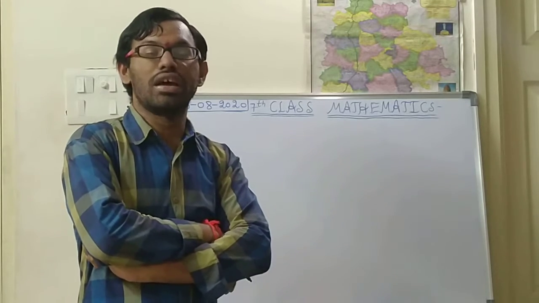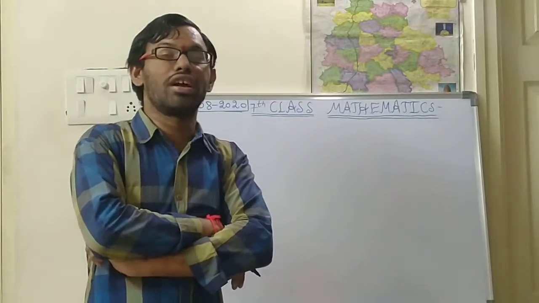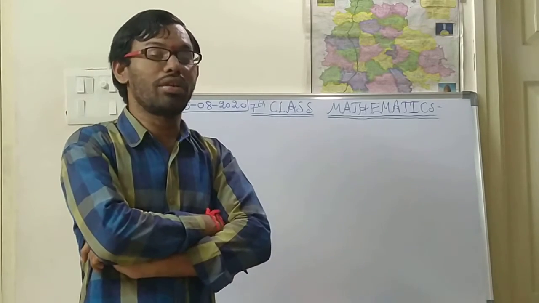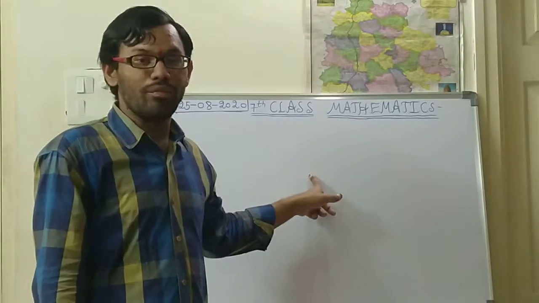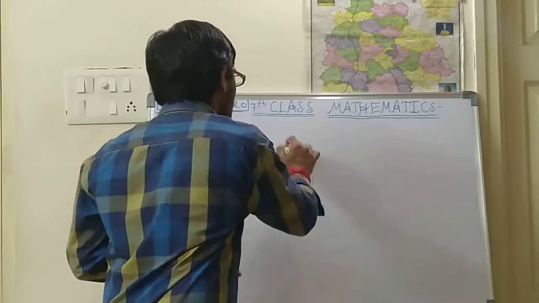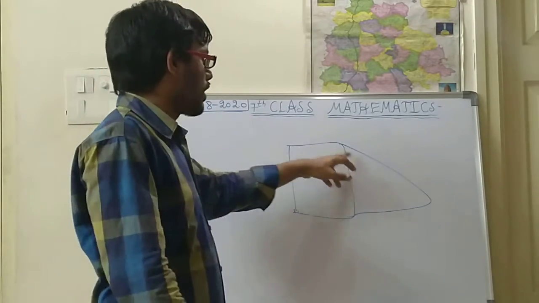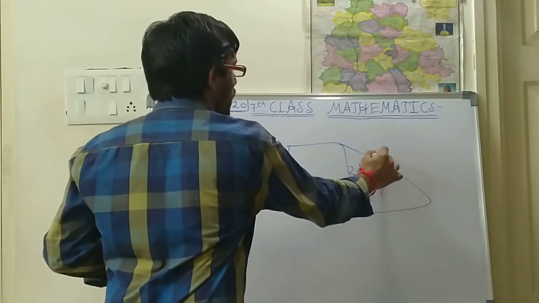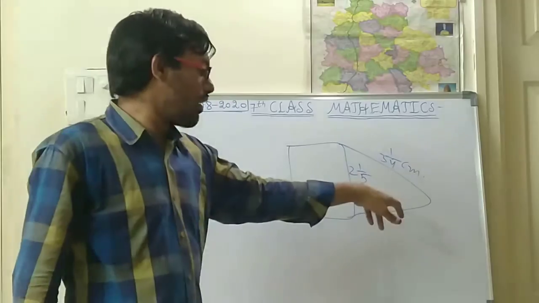In general life, percentages will be given in mixed fractions only, so you have to know how to solve them. In yesterday's class, you saw a word problem linked with geometry. He gave two shapes, and the lengths were given in mixed fractions like 2 1 by 5 and 3 1 by 4. So geometry is linked with fractions.